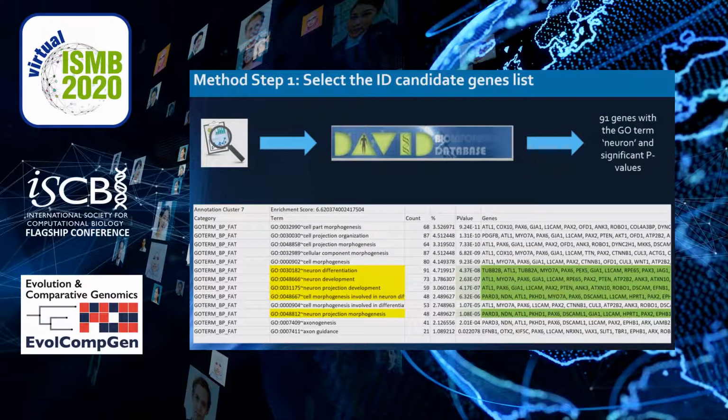To break down the method, we first manually selected 2,066 candidate genes from published studies that have proven them to be causative of intellectual disability. This process is manually done, and the studies are cited at the end of this presentation. Next, we fed the list of the gene symbols into the DAVID Bioinformatics database, which separated them into clusters. In order to narrow our list and to eliminate those loosely associated genes, we limited our data to the top 10 clusters with the GO term neuron and significant p-values. As a result, we ended up with a list of 91 ID candidate genes from cluster 7, as seen in the chart below.